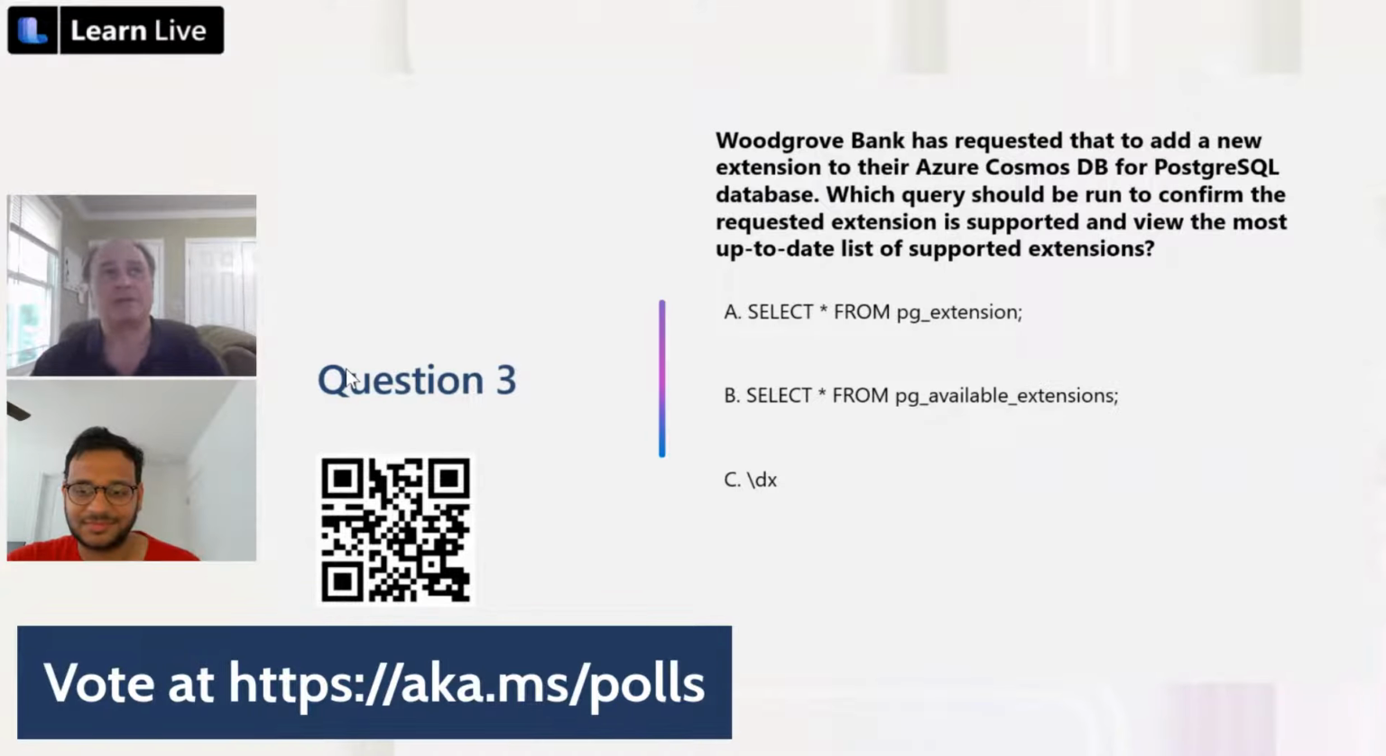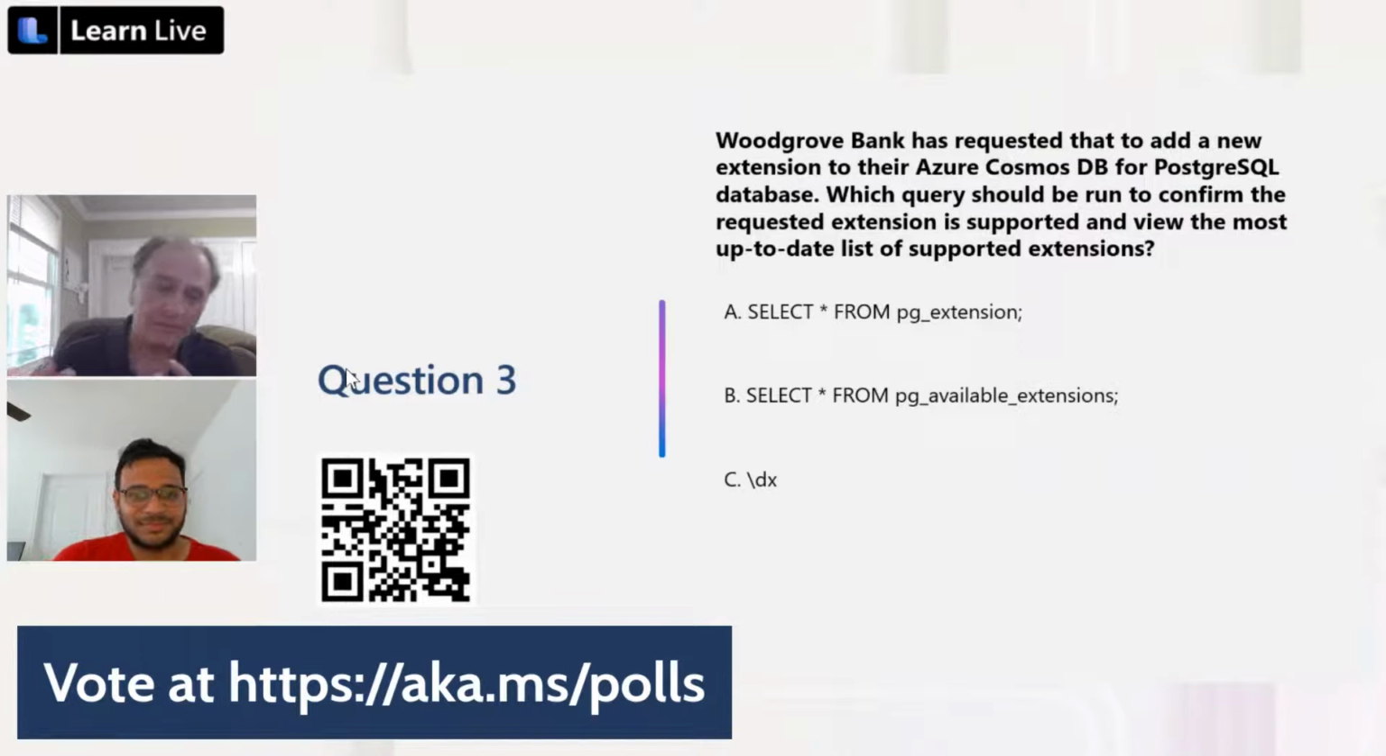Which query should be run to confirm that the requested extension is supported and view the most up-to-date list of supported extensions? Is it A, select star from PG extensions? Or is it B, select star from PG available extensions? Or